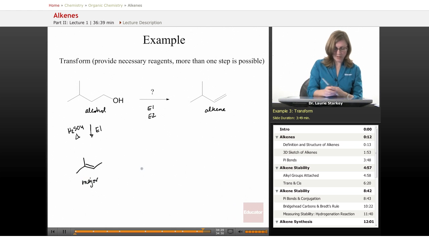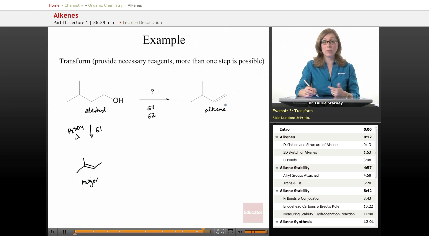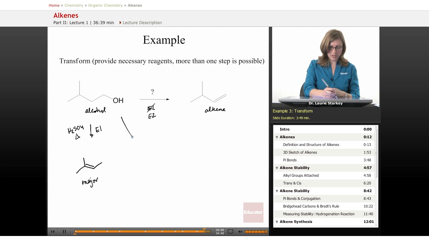Okay, and because we don't want that as our target molecule, as the thing we're trying to synthesize, then this would not be a good synthesis. So what's another way that we can put in that double bond? We need to do an E2 elimination to form the double bond at the end here. So why don't we treat this with